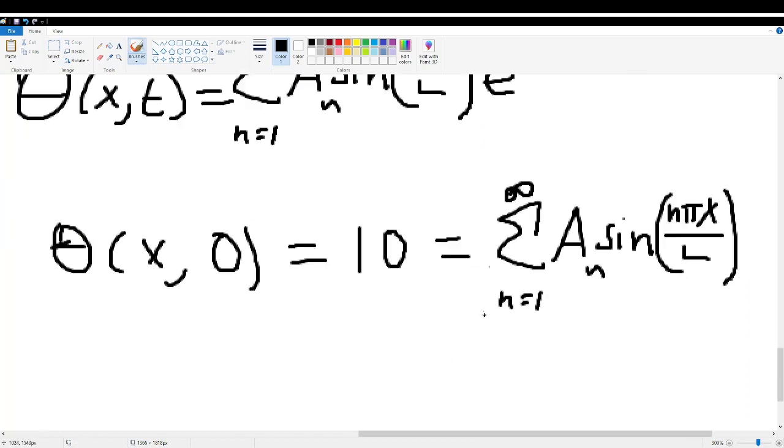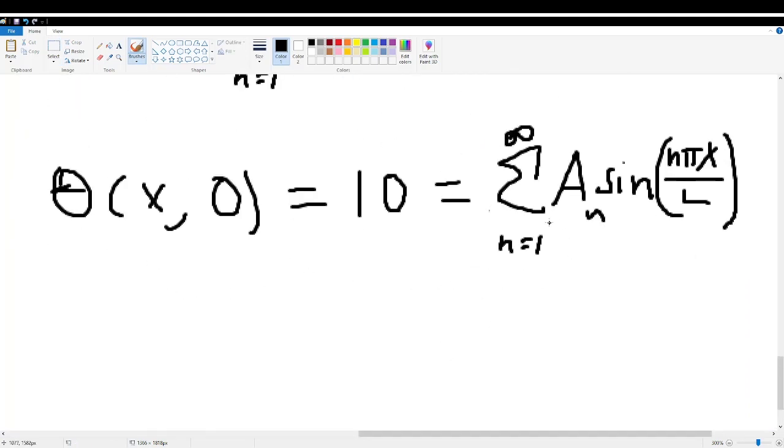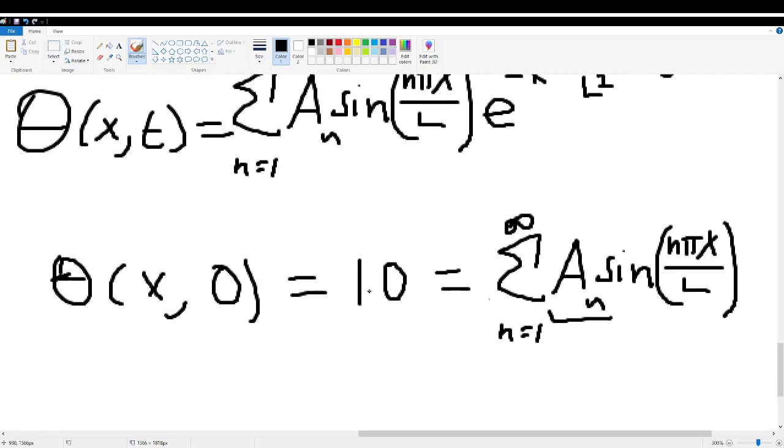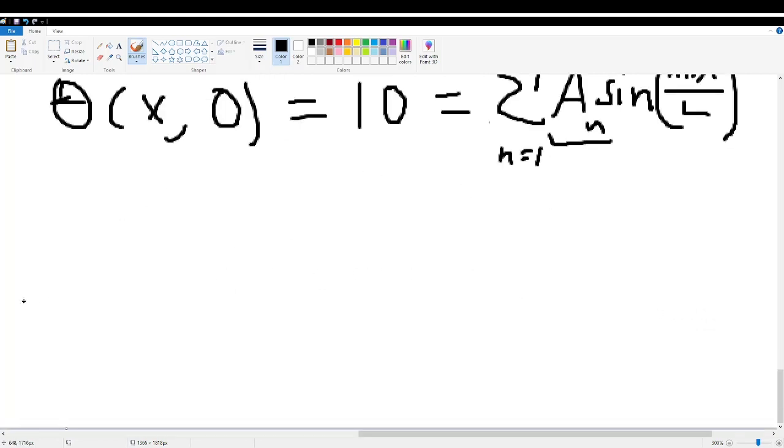If we recall from our friendly Fourier series, we're going to have to solve for these coefficients to represent the constant 10 function as a superposition of different sinusoids of different frequencies and different magnitudes, right? Classic Fourier series. So if we recall, for our case, a of n is going to be the following expression: